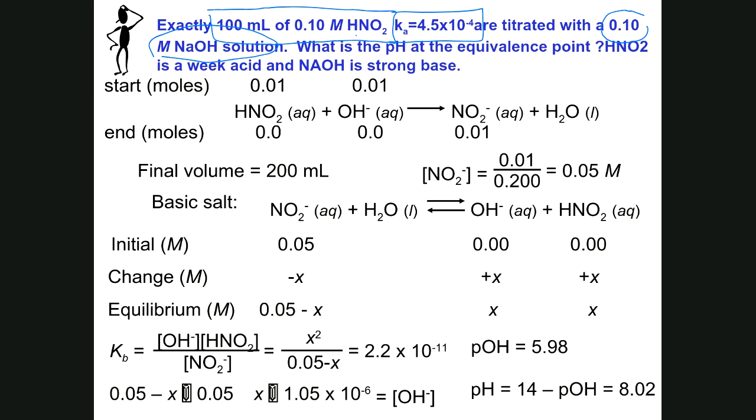What is the pH at the equivalence point? The pH at the equivalence point means we have added enough base to react with all of the acid that we had. So we have the acid plus base, it gives the conjugate base and water. So acid, base, conjugate base, and water. Initially,